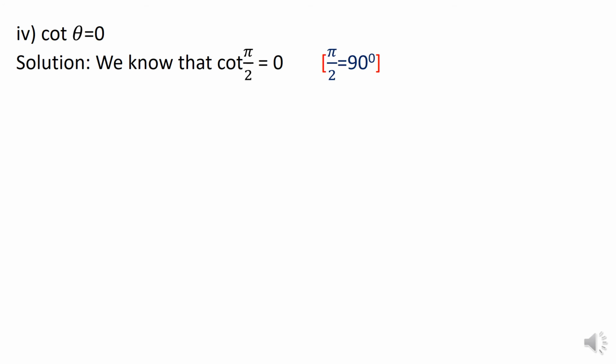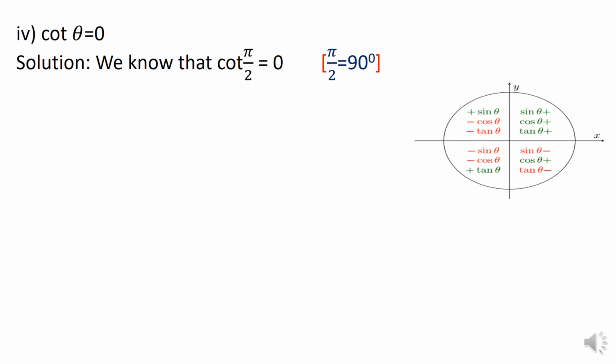Next we have to find the value of cot theta is equal to 0. We cannot convert cot into tan over here because tan would become 1 upon 0, which is not defined. Thus we do it this way. Now we know the value of cot 90 from our last year's data. Cot 90 is 0 actually. Cot pi by 2 is 0. Now by allied angles, cot is positive in the first and the third quadrant. So as a result, cot theta is equal to cot pi plus theta.